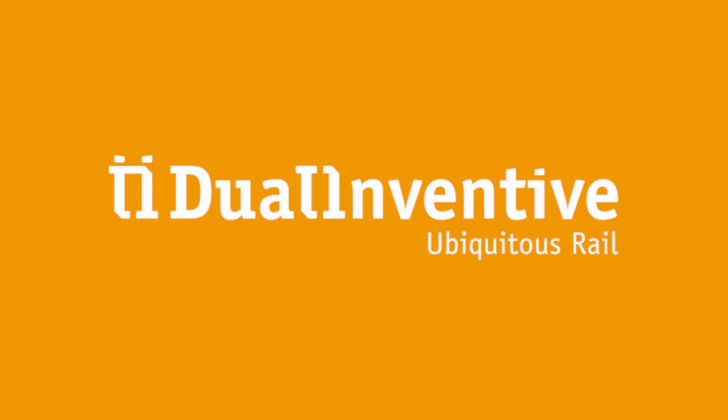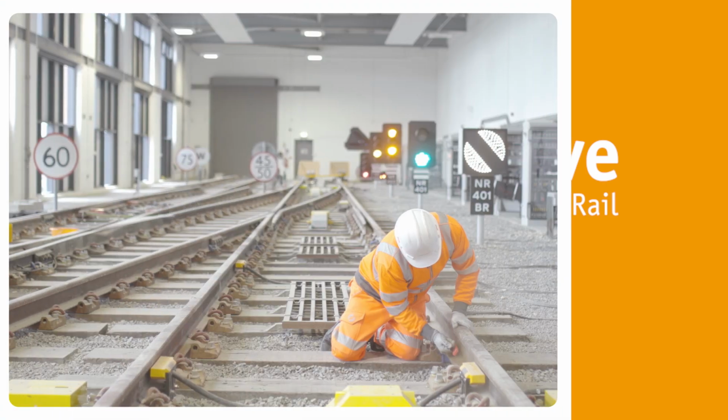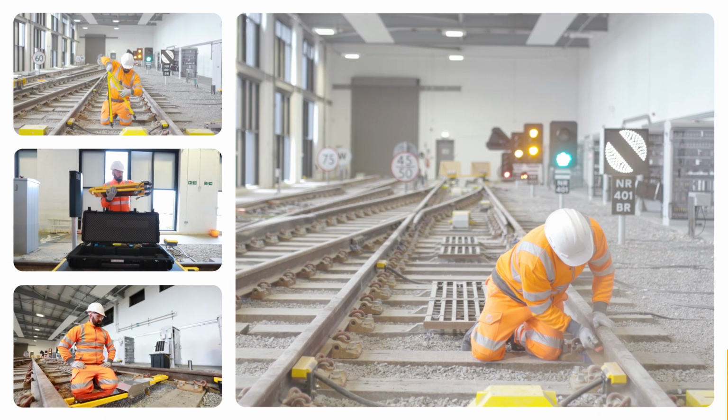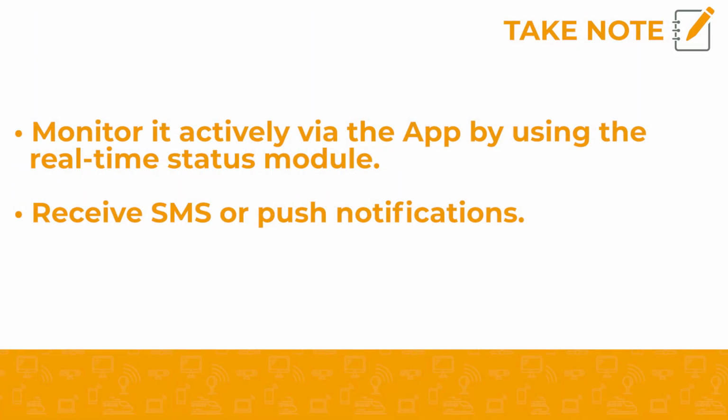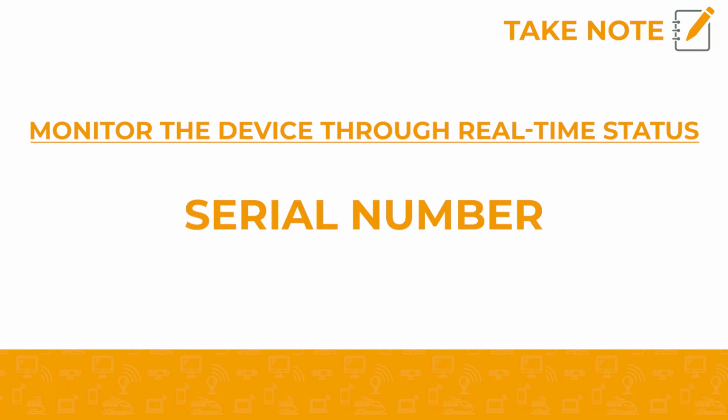How to monitor the ZKL 3000RC. There are various ways you can monitor the ZKL 3000RC. You can monitor it actively via the app by using the real-time status module, or you may receive SMS or push notifications. You can monitor the device through real-time status, which will provide further information, such as the serial number,